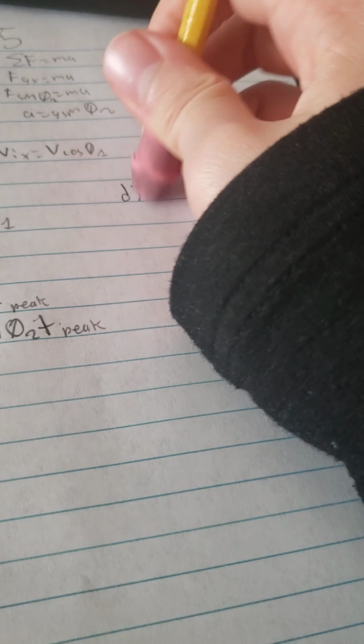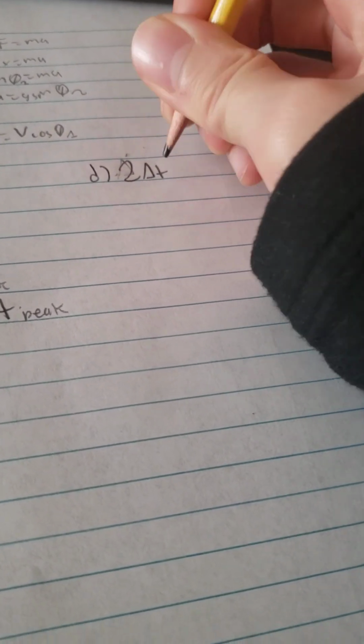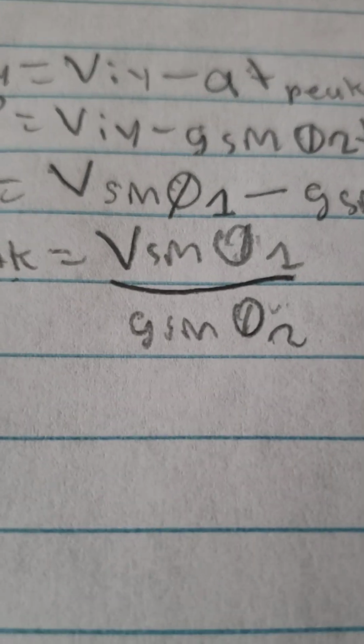The time will be t, because we already found t peak. This is based on part C, right? We already found that value, which is at t peak, or the tm according to the problem. I can't really see, but